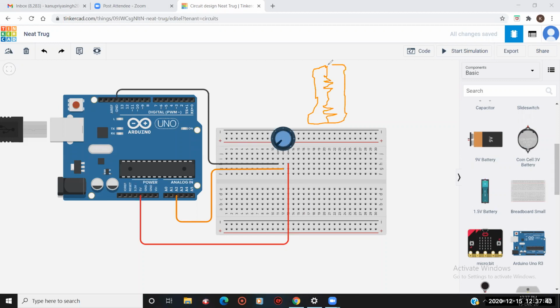My drawing is very bad, I know, so sorry for that. This is our R1 and this is our R2. These both are resistors. You know the resistor, right? A resistor is basically a device which opposes the flow of current.